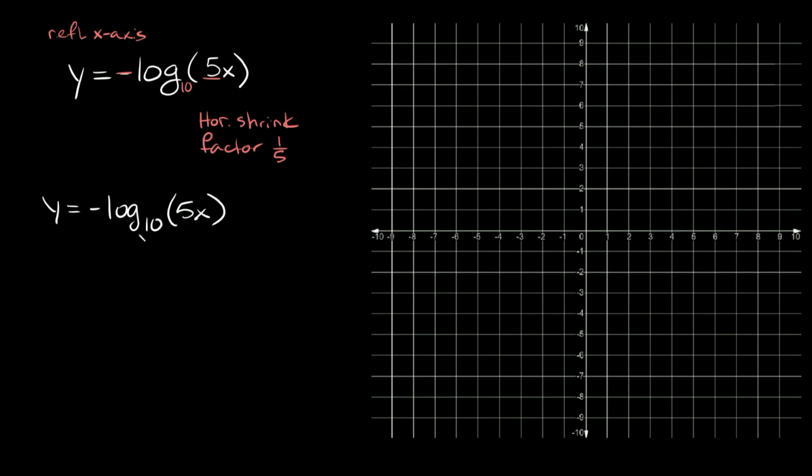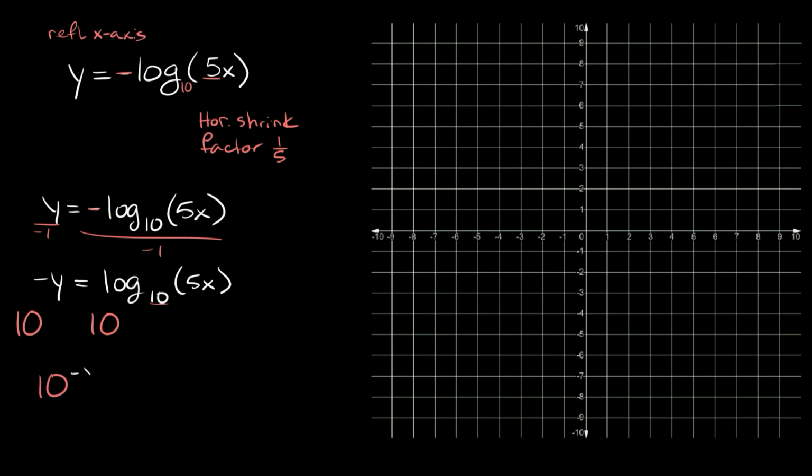All right. Now we're trying to solve for x here, so we write this in exponential form. The first thing we can do is get rid of this negative sign, so we divide this side by -1 and this side by -1. Over here, we wind up with -y, and that's equal to log base 10 of 5x. Now, in order to get rid of this log base 10, all we have to do is take this base, 10, and say 10 raised to this whole thing. What we do to one side of an equation, we do to the other. So we're saying 10 raised to this whole thing. Then we're left with